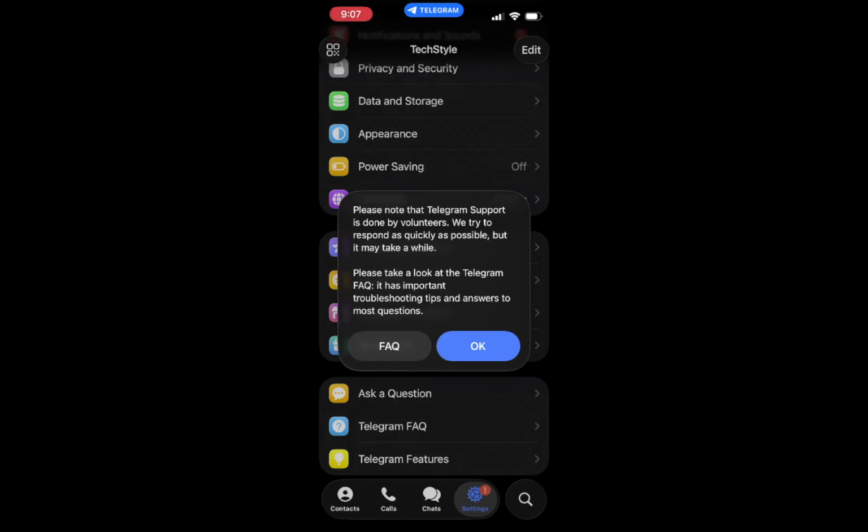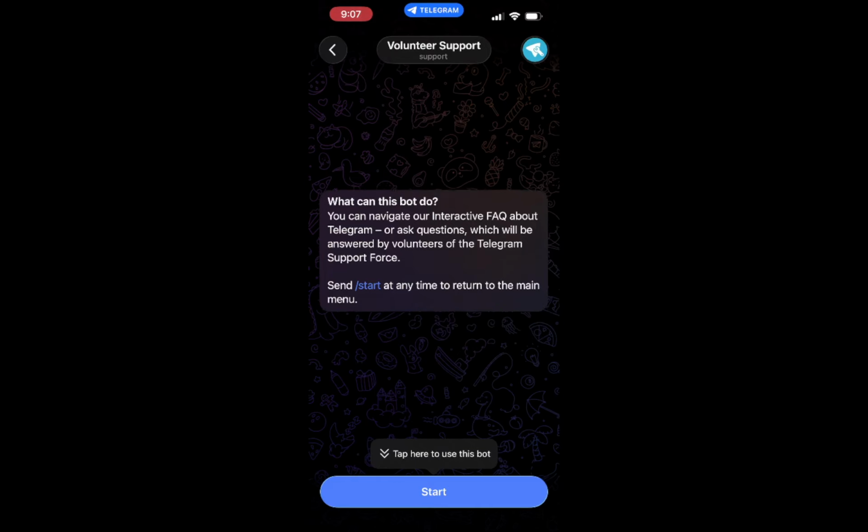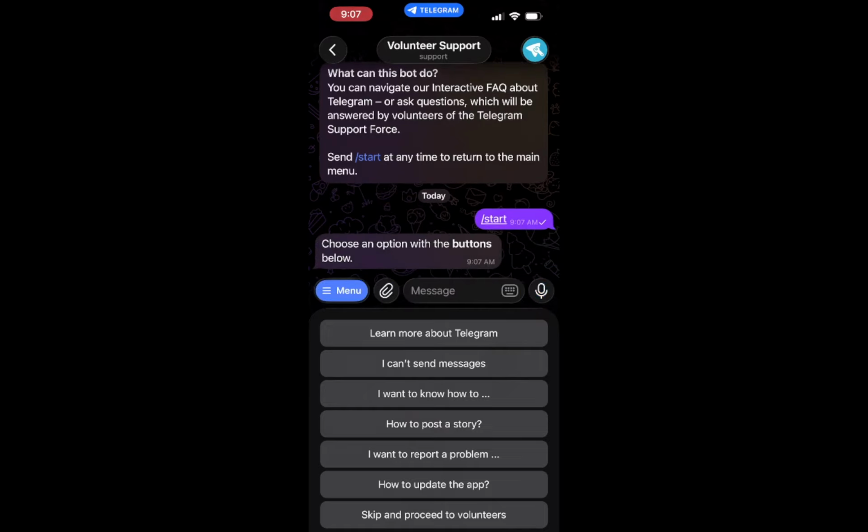After reading the notice, you will want to tap on Ask a Volunteer. This action is your direct line to getting assistance. Here you'll be prompted to describe your issue. Take your time to explain your problem in detail. Clear descriptions help the volunteers understand your situation better, ultimately leading to quicker resolutions. Once you have your message ready, tap on Send to submit your request. This makes sure your concern is officially logged in the support system.